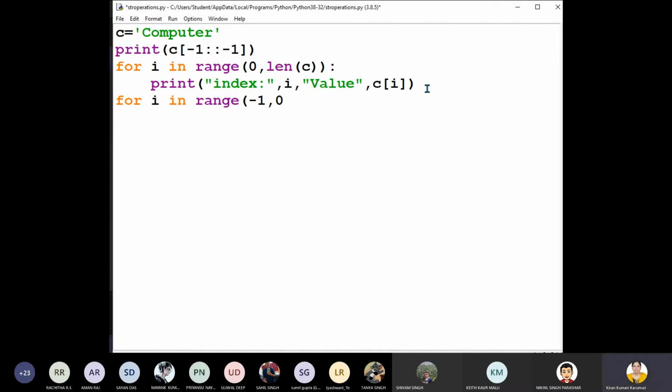Till 0? Okay. -1 to minus length of C. What is the step? -1. Print C[i]. Otherwise the same statement I write.